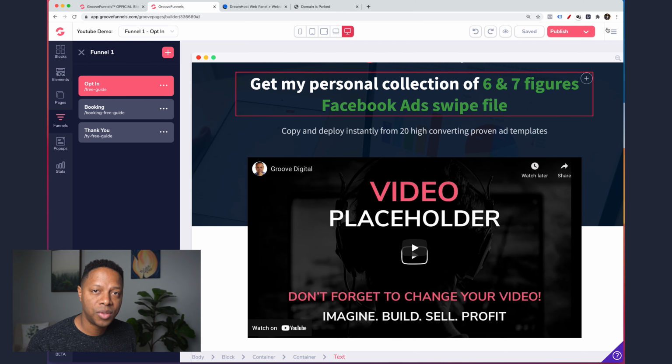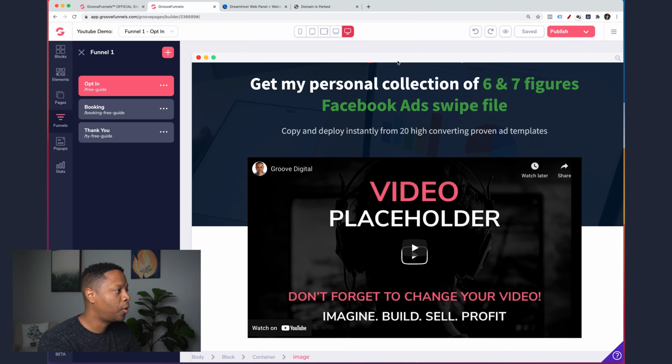The reason we want to do that is as we're figuring out the design, our colors, and all those types of things, making sure that our domain is connected can take anywhere from 48 to 72 hours. So we don't know how long it's going to take. It might take 2 hours. We want to get that set up now and out of the way so we don't have to worry about it. It's a little bit more work, but that's why I want to get it done now before we actually work on the page. So one thing that we have to do is have a domain.